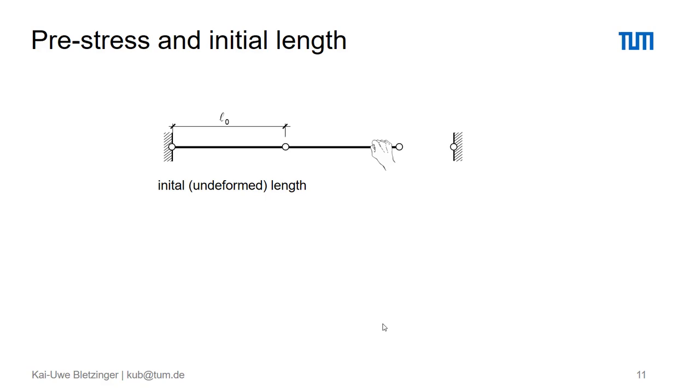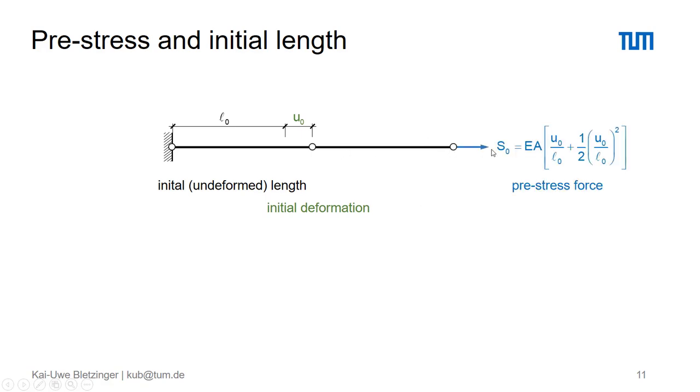Okay, let's go back to our model. That's our model. You see, we just take the length of our cable a little bit smaller, and we divide it into two parts, because in the center we will apply the force. We just concentrate again on the left side. We will observe the initial, undeformed length, L sub 0. Then we apply our pre-deformation. We call that U sub 0. Again, just for the left side, and you can imagine that we have the same for the right side. Due to that, we introduce a pre-stress force S sub 0.